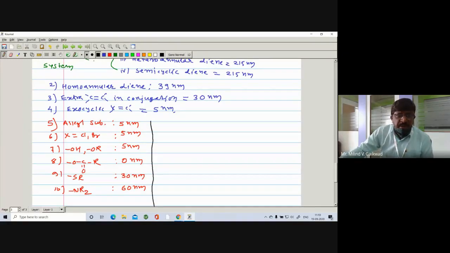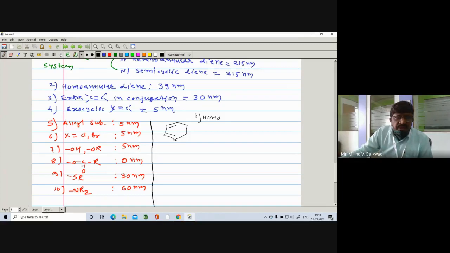Suppose you are having an example in this case. If you are having such a type of system, now you can tell me the question number and page number. I will take that one. Suppose you are having such a type of system. Number one, I will not write in detail, right? So here the 2 pi bonds are present in the same ring. So the basic value for this one, it is an example of a homoannular diene. So you have to go one by one.